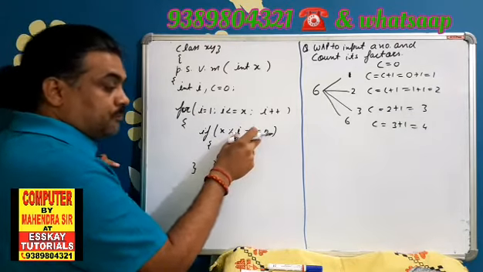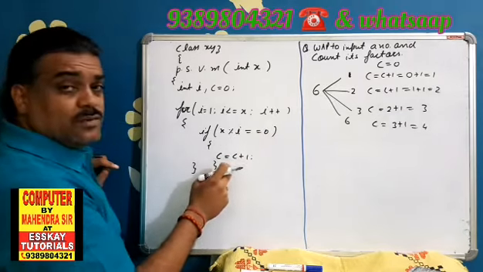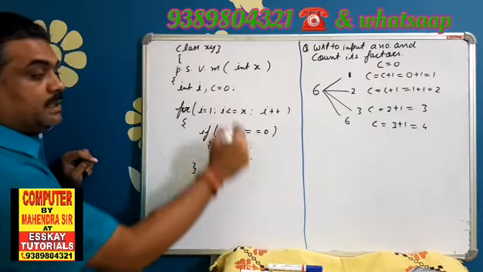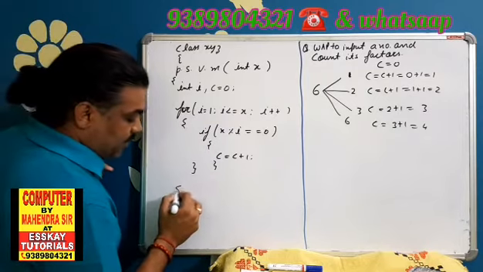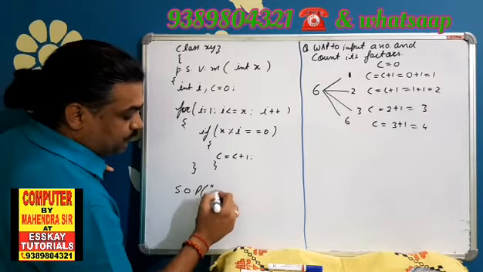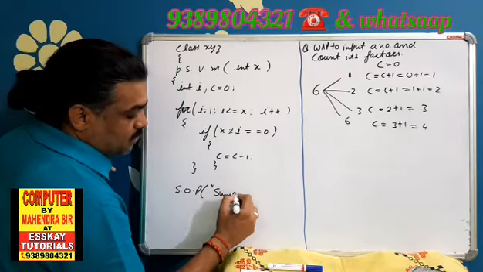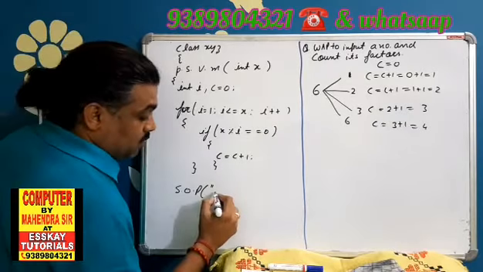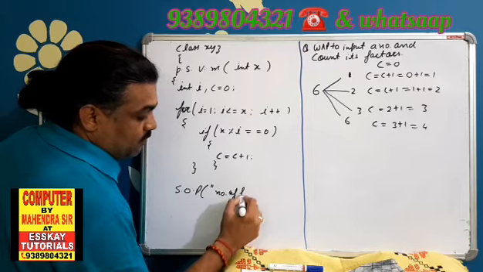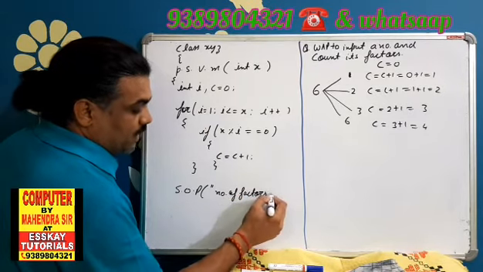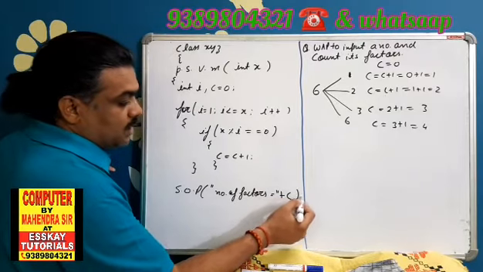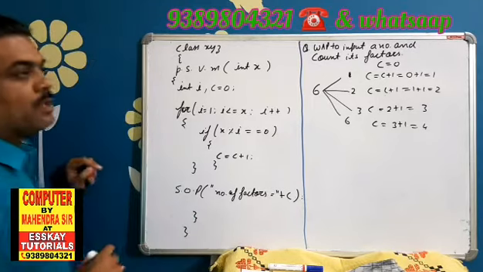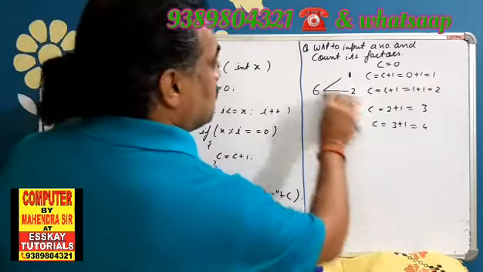If it becomes true, then C is equal to C plus 1. I have increased the counter. Now, this loop will keep on circulating till it becomes 6. And finally, I'll print SOP, sum, not exactly sum. Here I'm doing the counting. Number of factors is equal to plus C. This is a message with the value, and I close both the loops here. I'll quickly do a dry run for this.